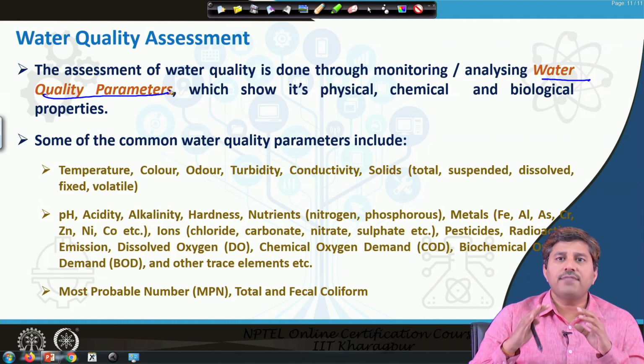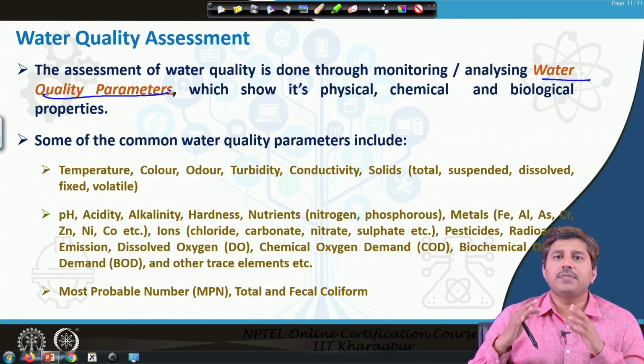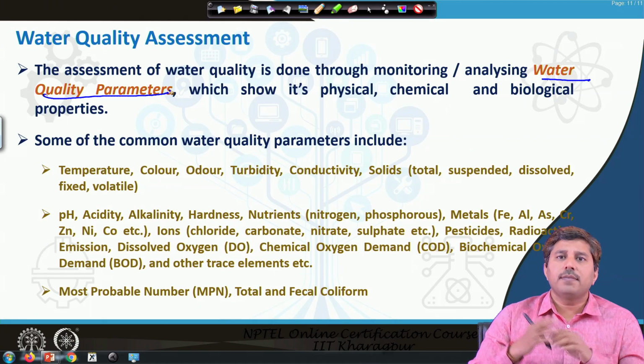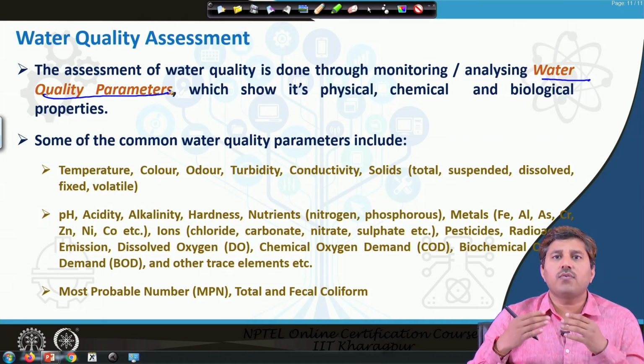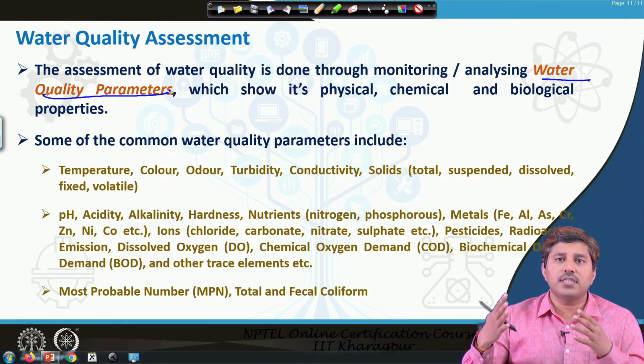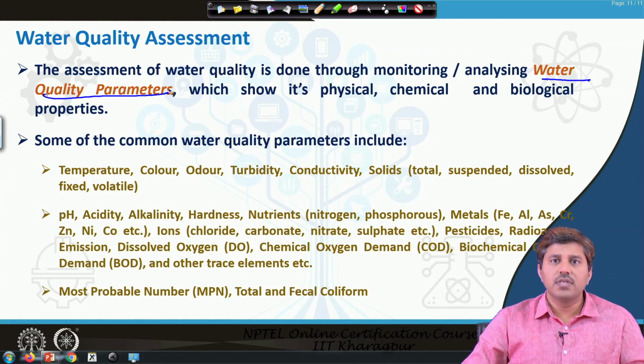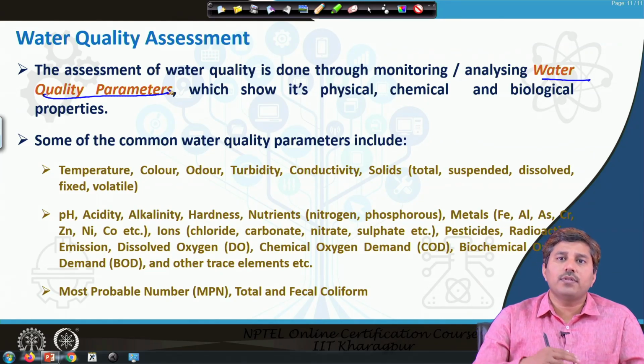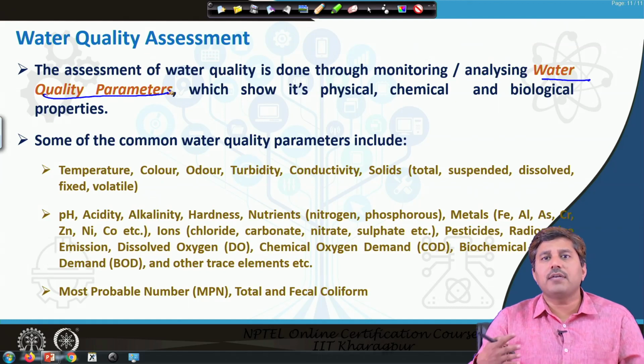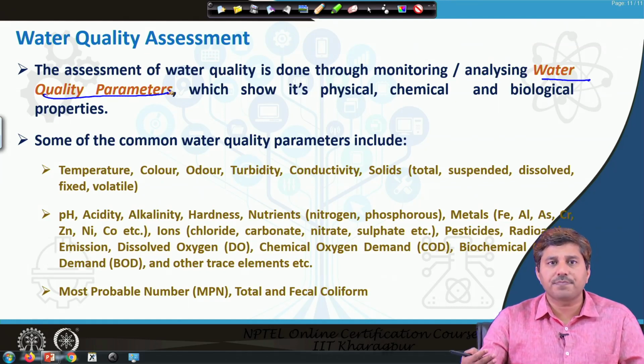We may have n number of parameters, there are several parameters. The parameters essentially test the quality of water or the level of pollutants present in the water. Now, there are more than 80,000 chemicals registered and all of them somehow or other way may enter the water, at least the majority of them may be present in the water at some place or some stages. So, they might be detected, so that the detection of one chemical may actually become one parameter.